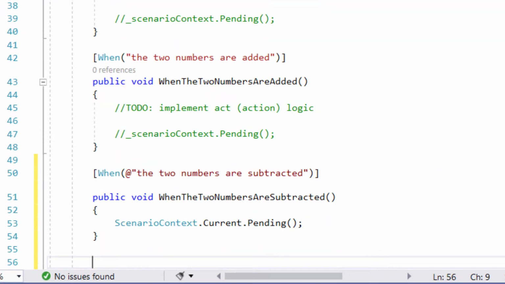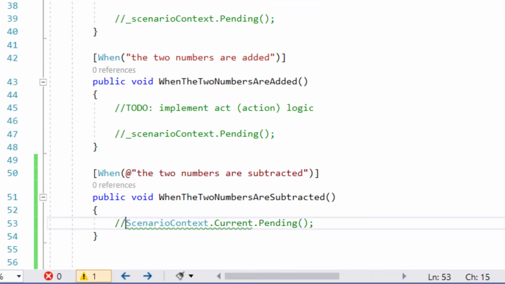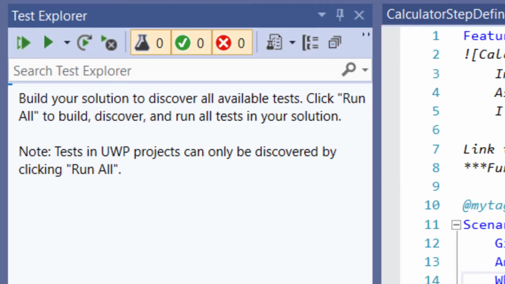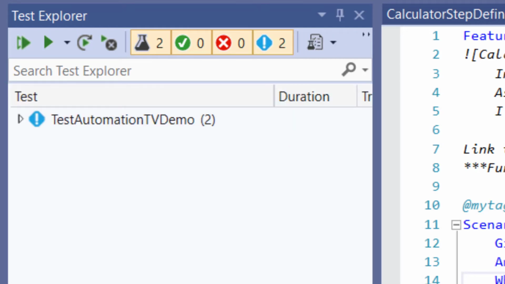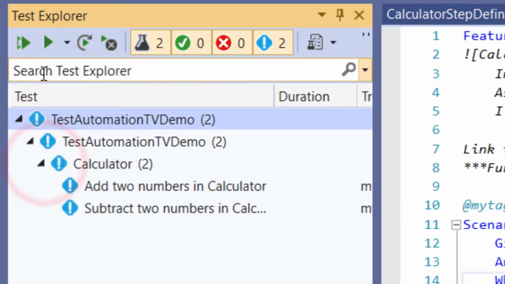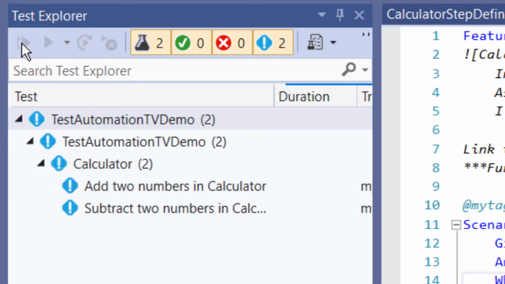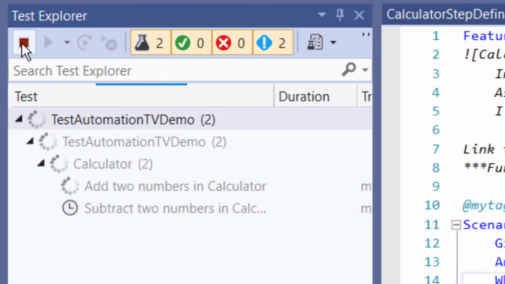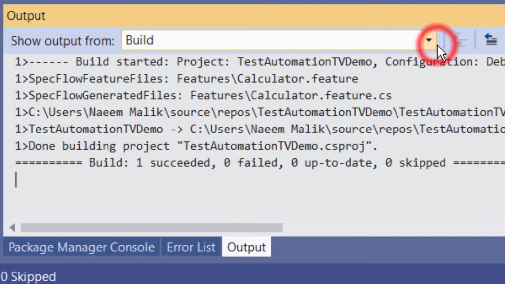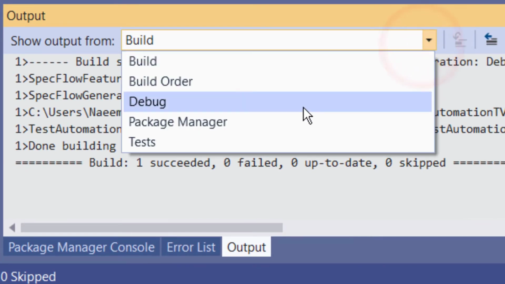and I'm going to go over here in the code behind file. I'm going to simply paste it, and then I will go back. Now I'm going to build it. So as soon as the tests are showing here, I will be able to run them all, and you will be able to see the report. It's like this. Okay, so now let us go and see the test run.